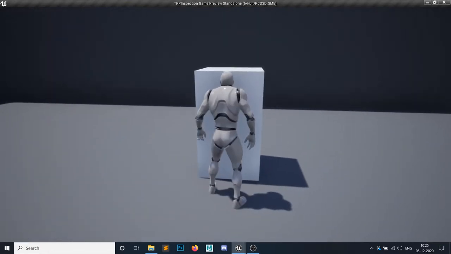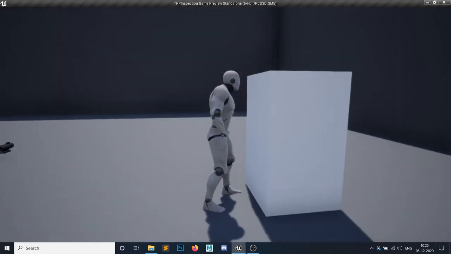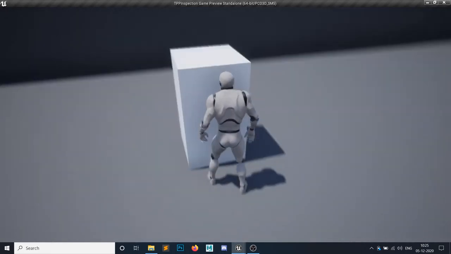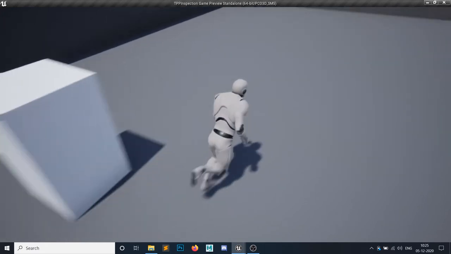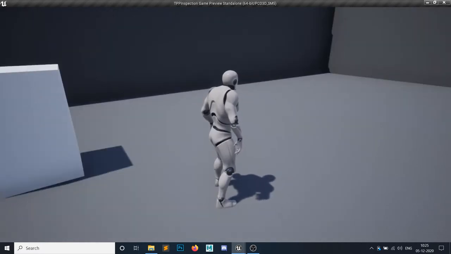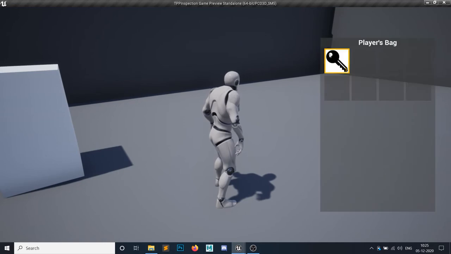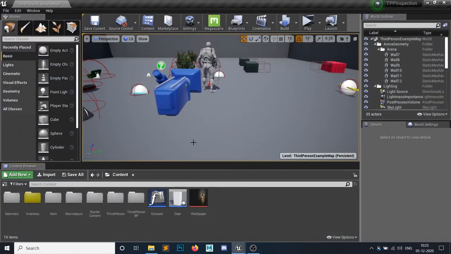But if I go in here and hit E in this box, as you can see, one hello is printed. That means we have interacted with it, and this interaction has triggered an event. So now we have used that key, and now you can discard it because there is no need of that key now. If I now click on this, as you can see, this discard button is enabled. So now if I press discard, it is simply discarded. So this is what we're gonna make today.